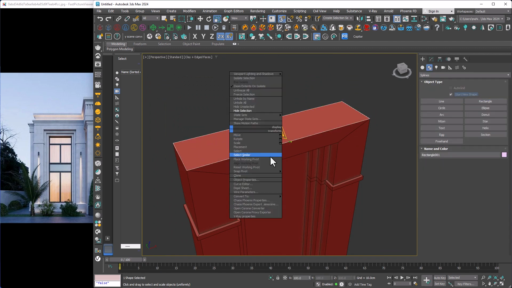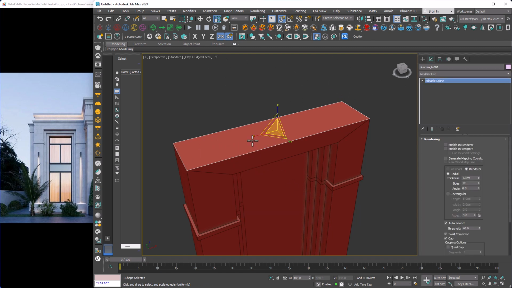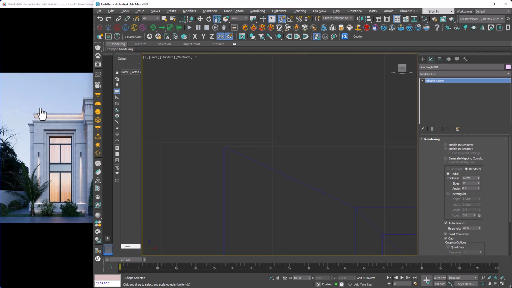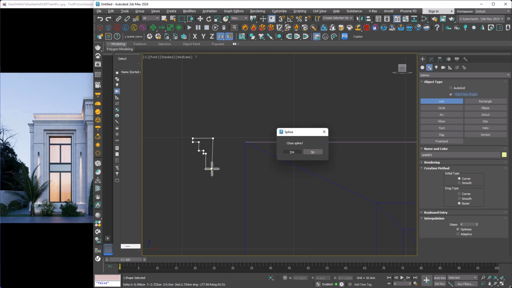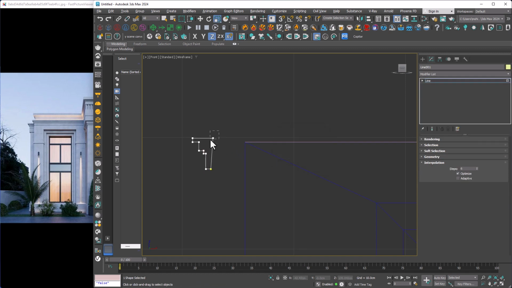I convert it to editable spline and I delete these two segments. Now I hit F and Z and now I try to create a shape just like my reference's profile. Now Ctrl plus right click and I select line, then I start sketching. Okay, I hit yes and I hit S for enabling this snap and I move this vertex to make my